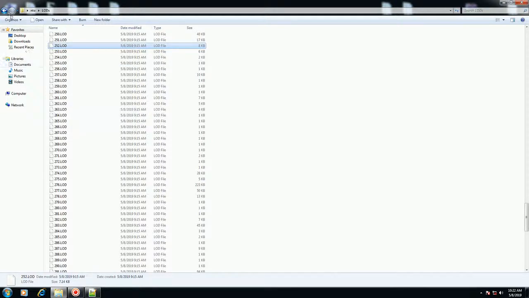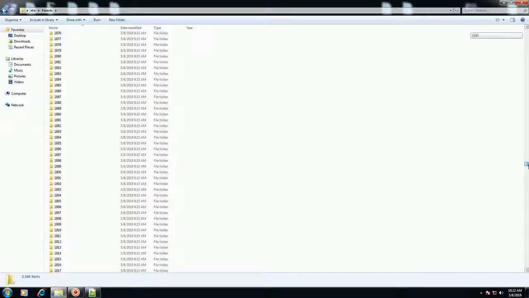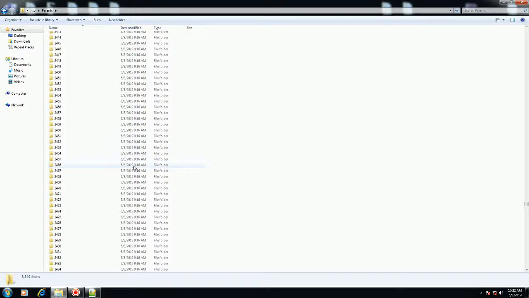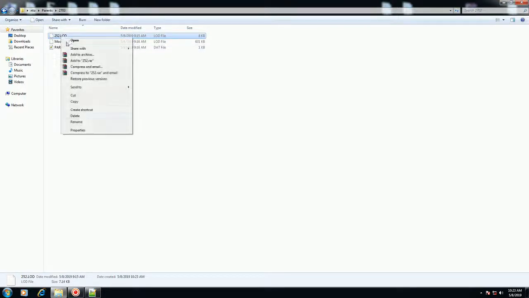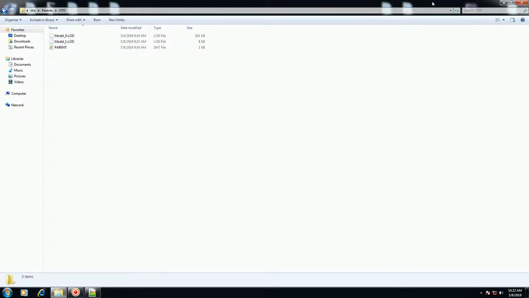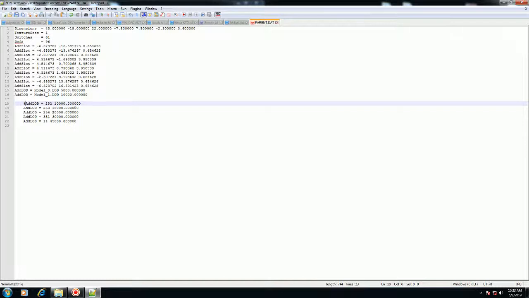Okay, copy. I should have left that open. So many numbers. Okay, 2703. Paste it in here, and we change it to model underscore 1 dot lod. We'll leave it open that time, and we do the same thing with